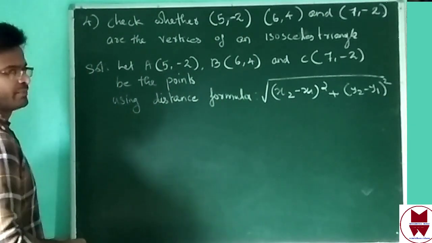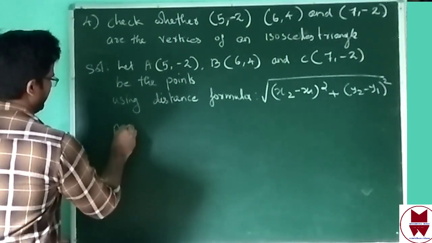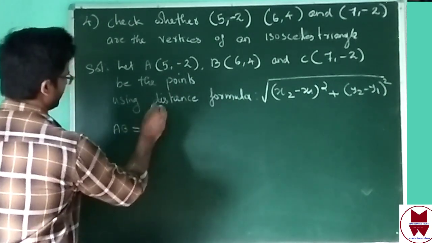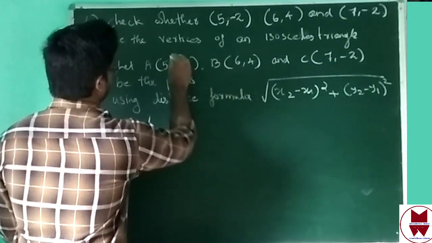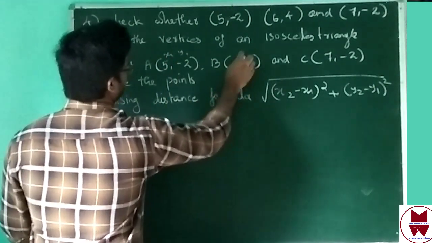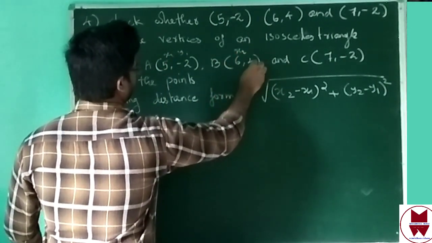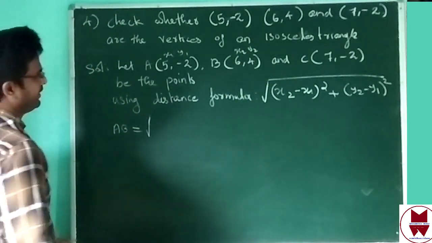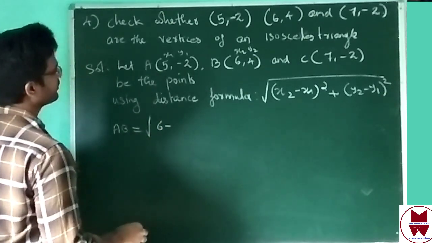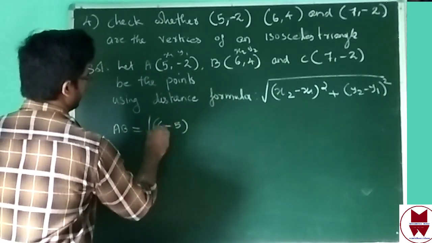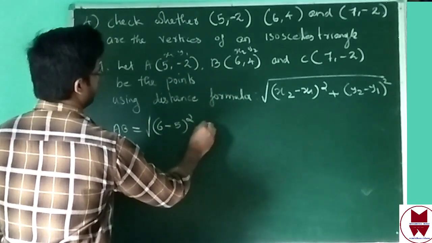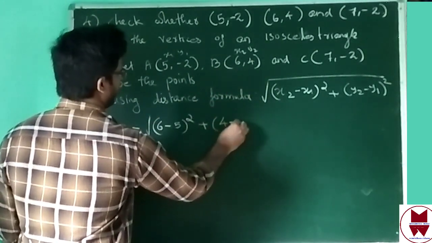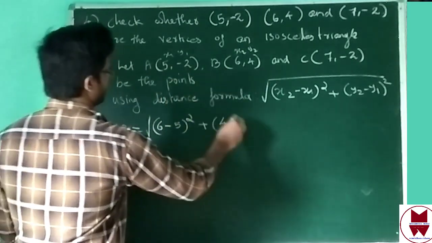First, the distance between A and B. We can write AB, which means the distance between A and B. Then the first point is x1, y1, 6 is x2, and 4 is y2. Use that formula: x2 minus x1, 6 minus 5 whole square, plus y2 minus y1, that is y2 is 4 minus y1 is minus